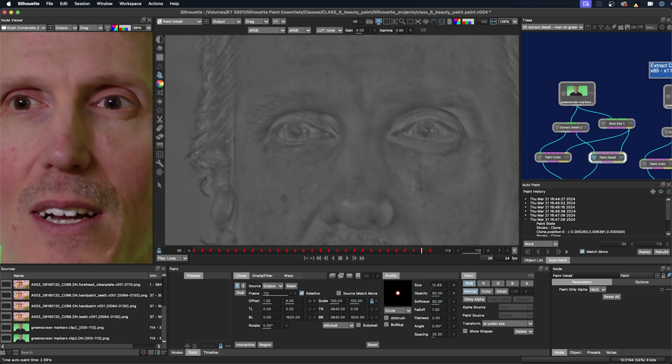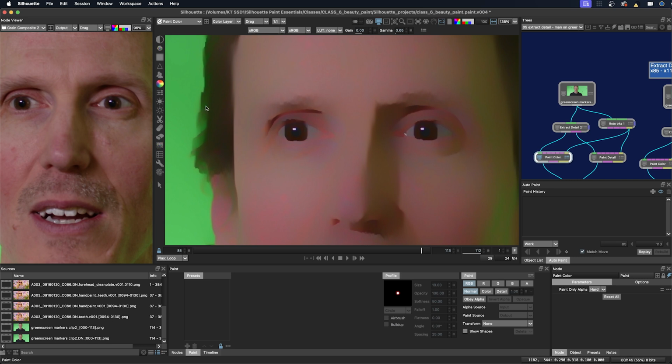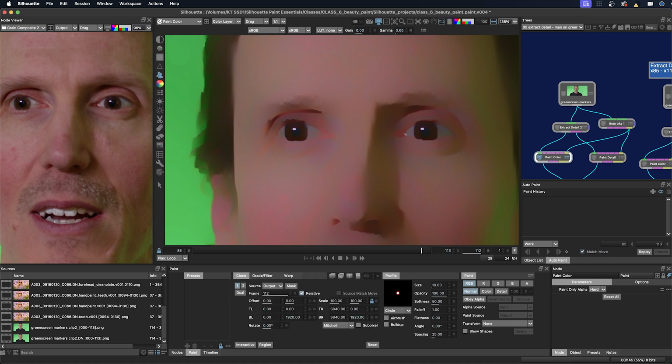And then we'll try some paint strokes in the color layer here. So if I look at the color, you can really see that it's showing up pretty dark under the screen right eye. So go to the clone brush again. And I'm just going to paint at probably a lower opacity, maybe 50%. And make an offset here. And just see if I can blend that a little bit. Maybe take that down a little bit more.